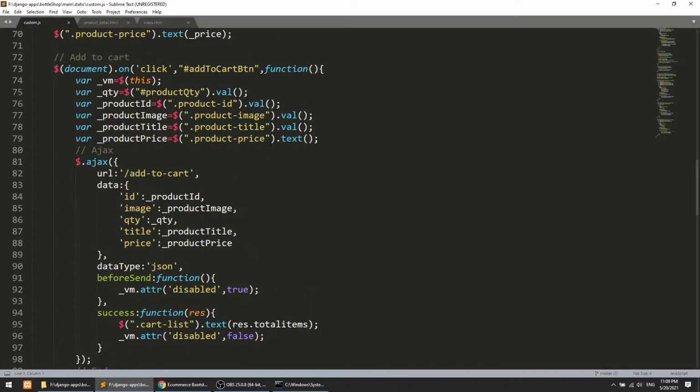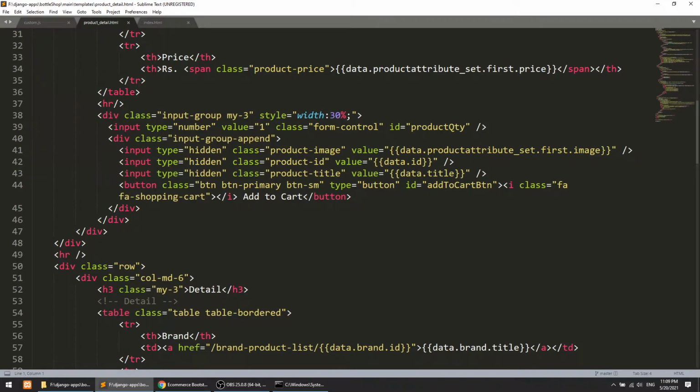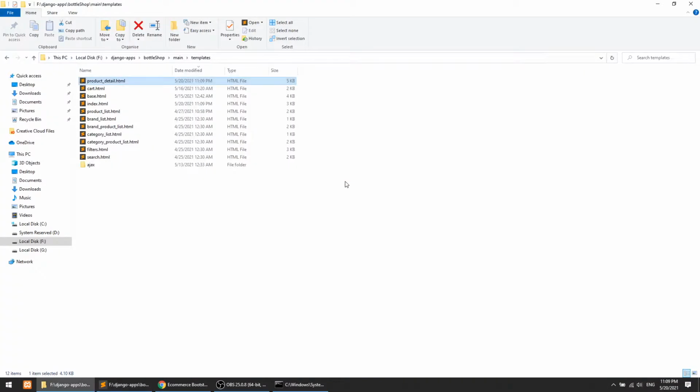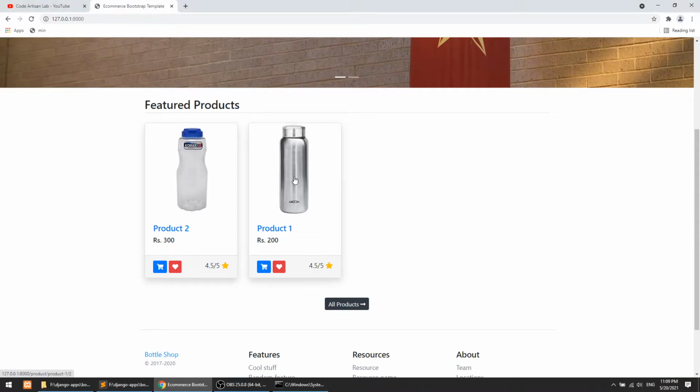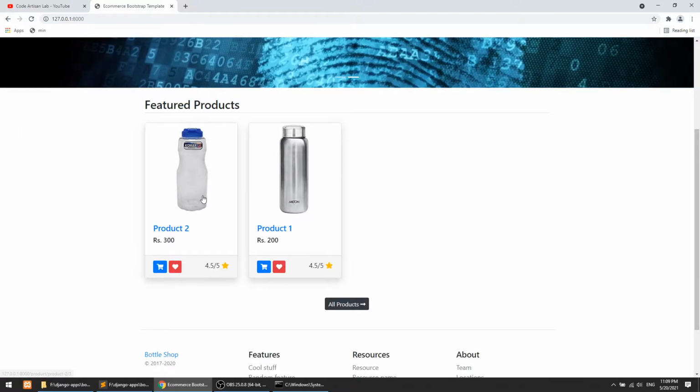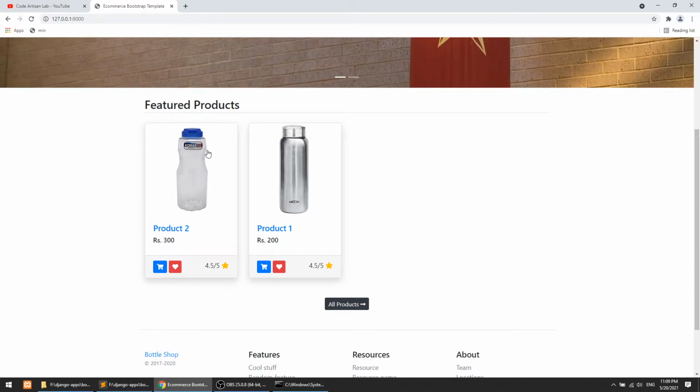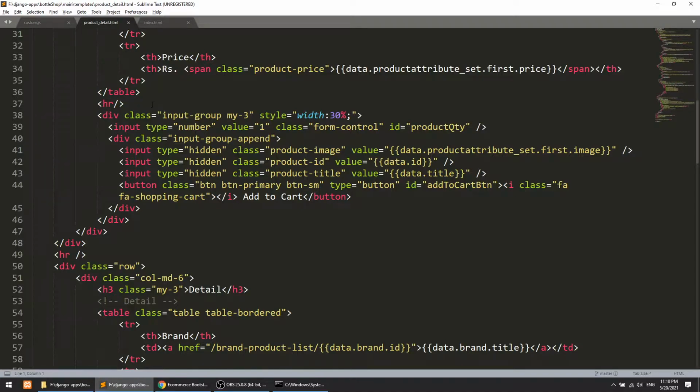Now we are getting this data from the product detail page. So we need to do something about the case where our product is in a loop. When we click on this, the data should be added to the cart only for this product. So I will copy this.